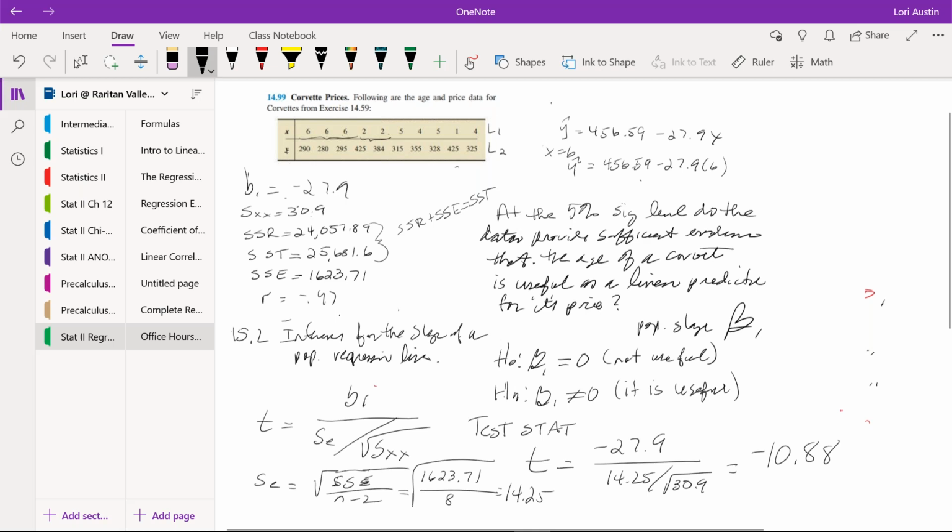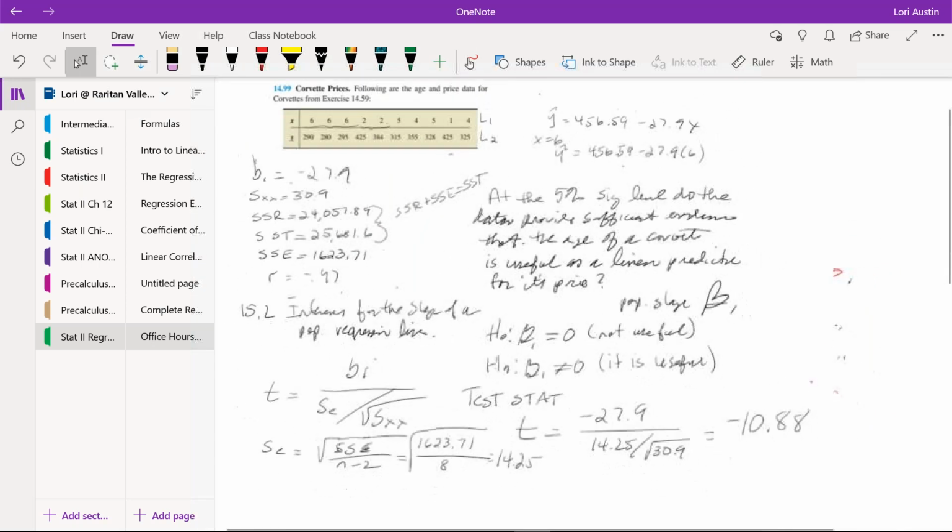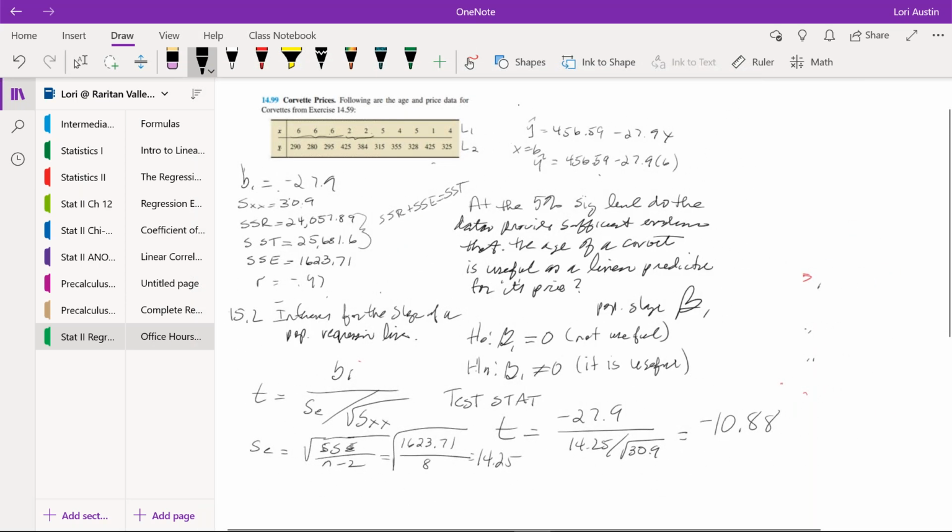Once you get your test statistic, everything is like everything else we've done with hypothesis tests so far. It's just a T value, so you can use either your critical value or your p-value approach. We can just go ahead and use the critical value approach. Either one's going to be exactly the same. So if we use that critical value approach,